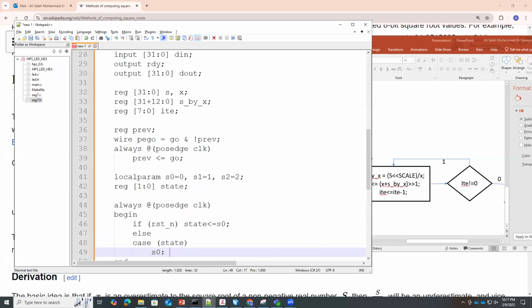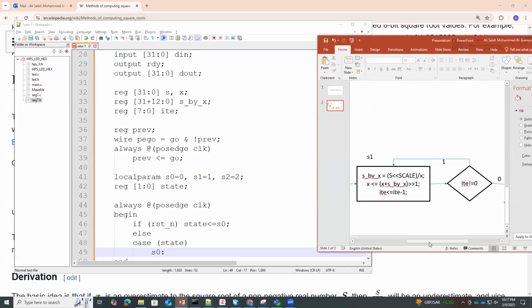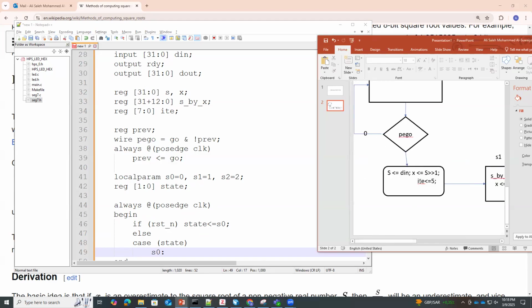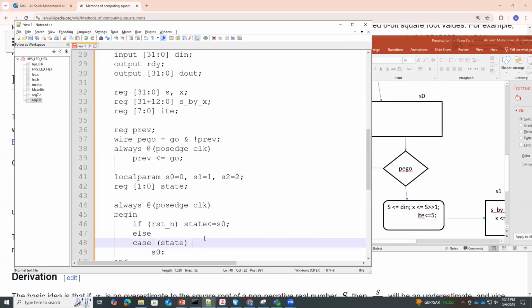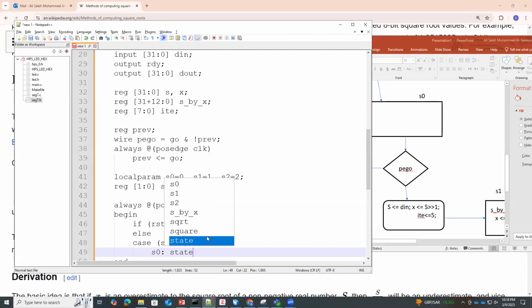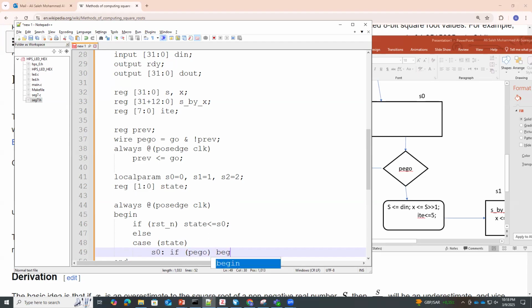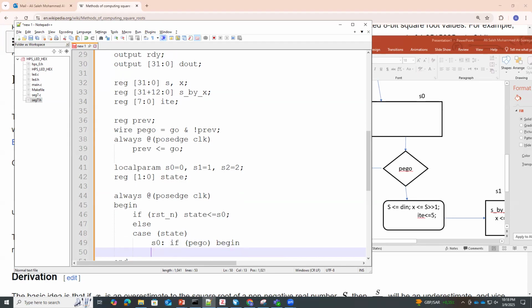If you are in S0, you just check what? Positive edge on go. Actually, you have an if statement here, better. If positive edge on go, then begin, S gets DN, and X gets,